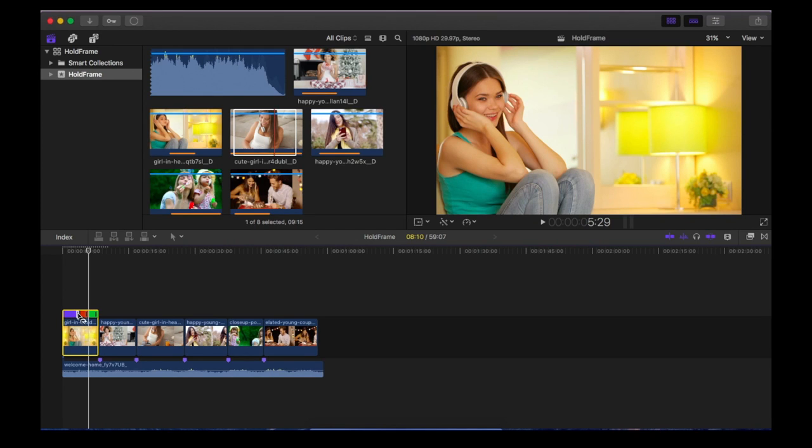Let's retime a clip for a smooth transition in such a way that the first clip plays faster, then the hold frame comes, then the last clip plays slower. Once again remember, green means clip plays normal, purple means clip plays faster than the normal clip, and orange means clip plays slower than the normal clip. Let's make the clip after the hold frame slower. To make the clip slower, drag the vertical bar at the end of the green bar to the right.